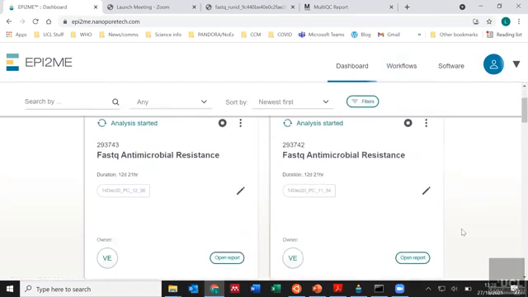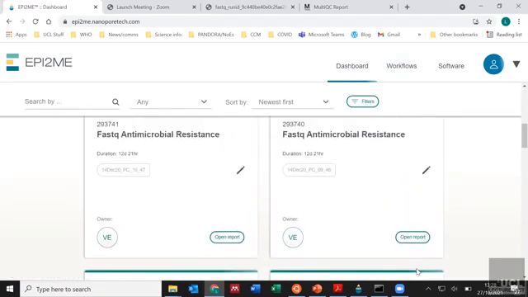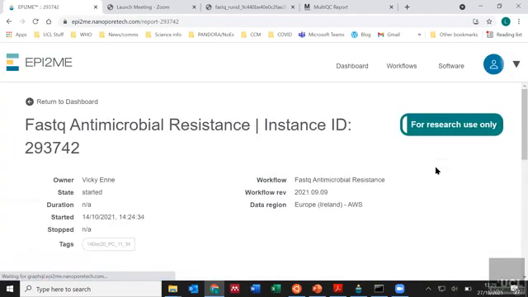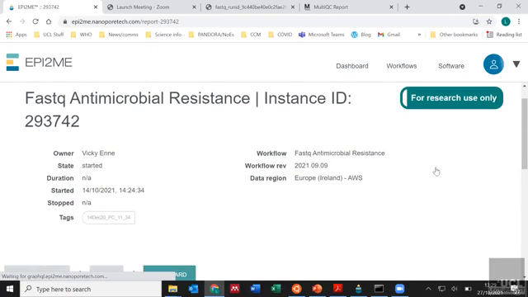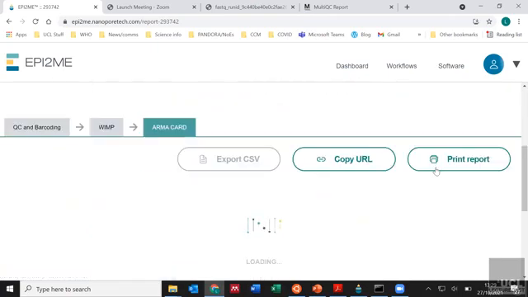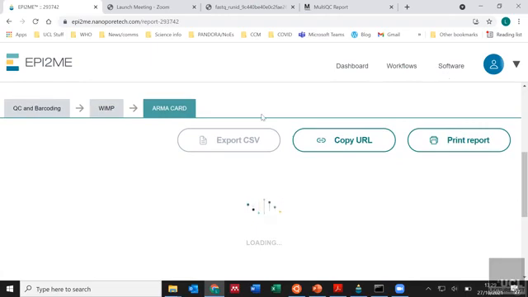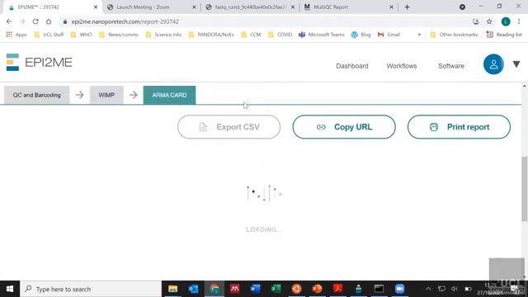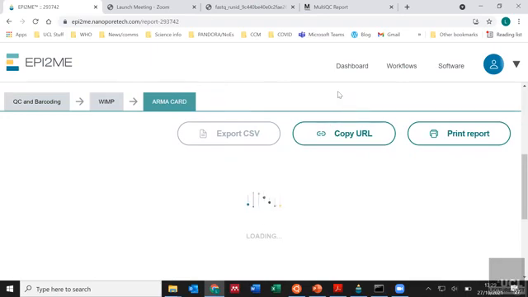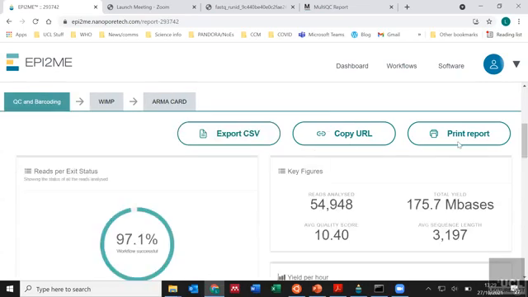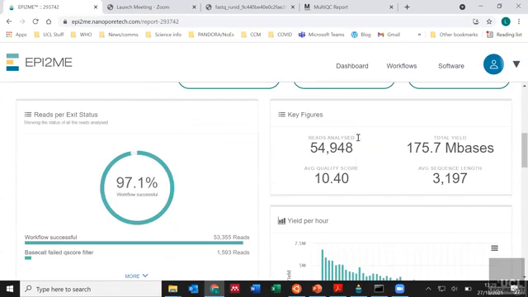So these are all of the runs that I've run recently. And if I just click on open report, it brings up information. So I think this is from a different project. So this isn't TB. I think this was from an AMR gram positive and negative one. But what it will do when it's finished loading is it will show you the different resistance genes that this has. It will also give you basic information about the number of reads, the total bases that you've got, your quality score,